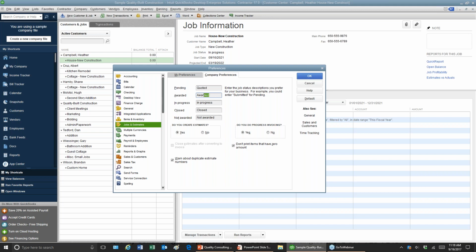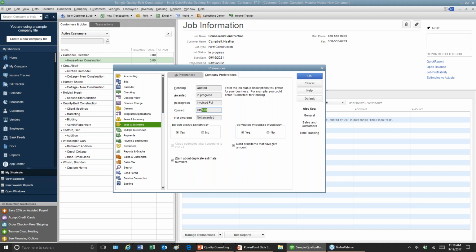So maybe your in progress would be your awarded, and maybe the now old in progress might be invoiced or invoiced full, something within the 9 characters that fits the process of how you would do your business.